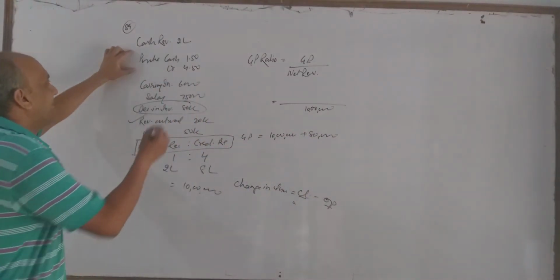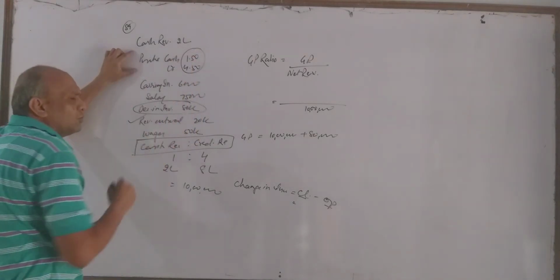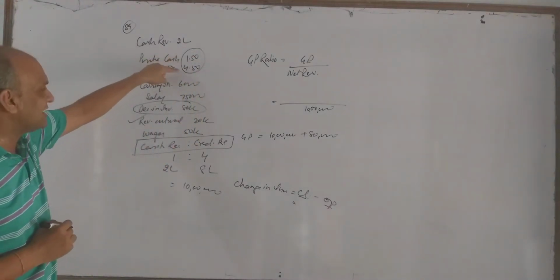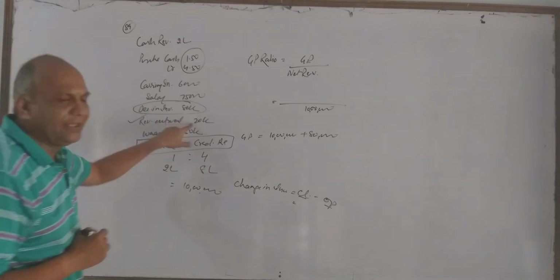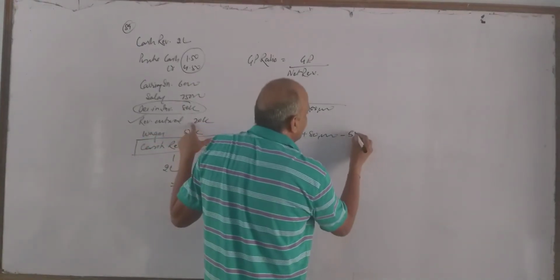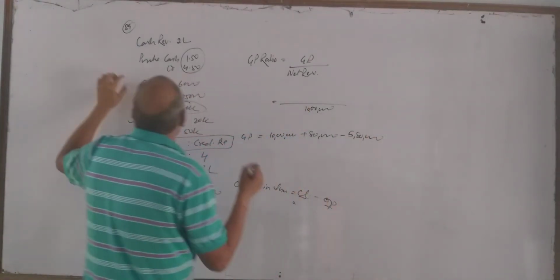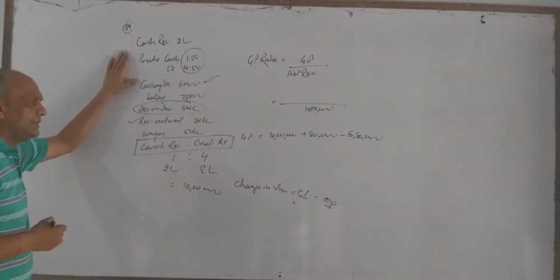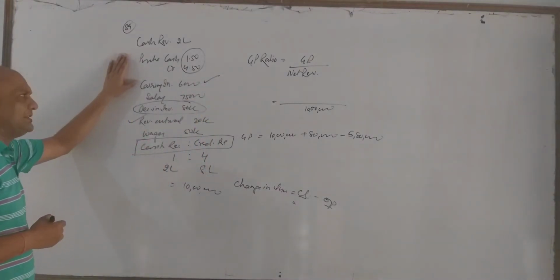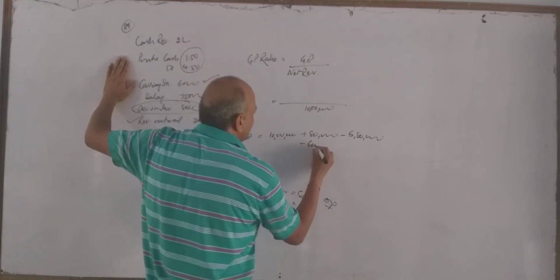Understood, I think. Purchase, which purchase do we need? Cash or credit? I think both. It becomes 6 lakh, and 6 lakh minus 20,000 purchase return becomes 5 lakh 80,000. Now next, carriage inward. Should I consider it or not? Yes, it is my direct expense. So I will deduct minus 6,000 rupees.